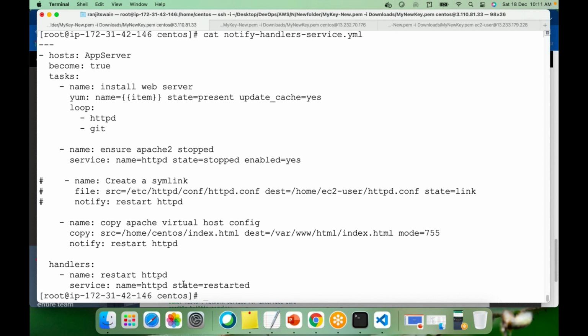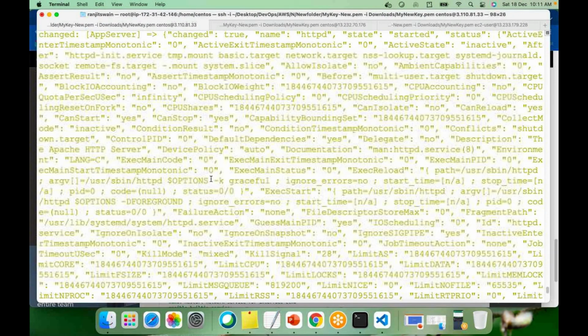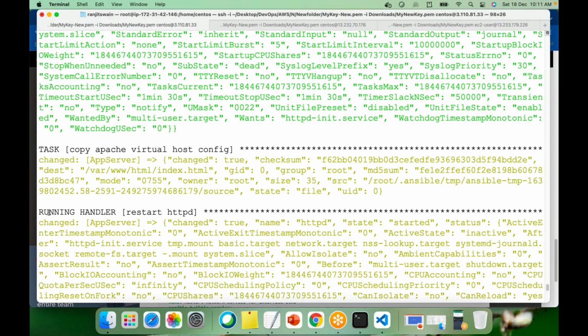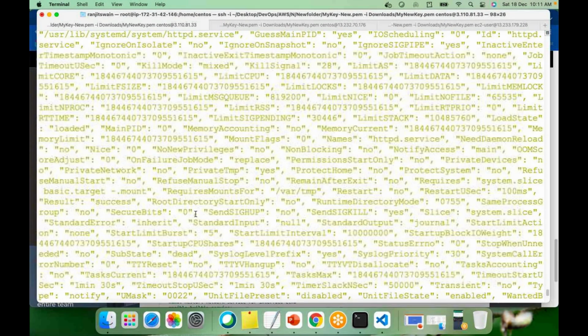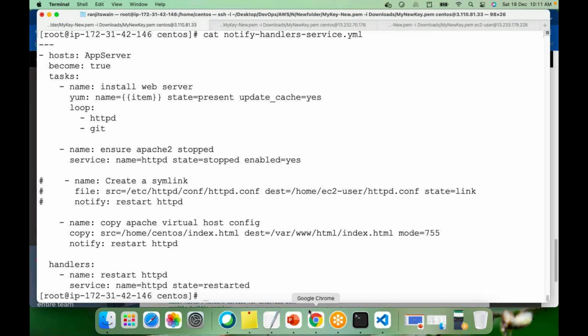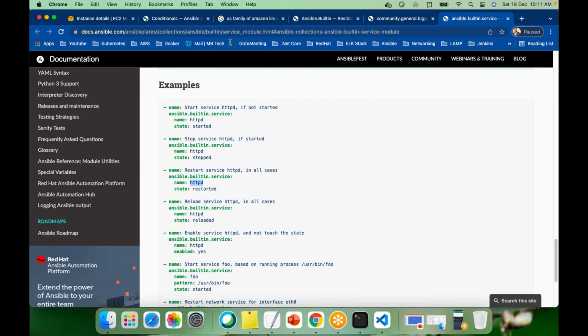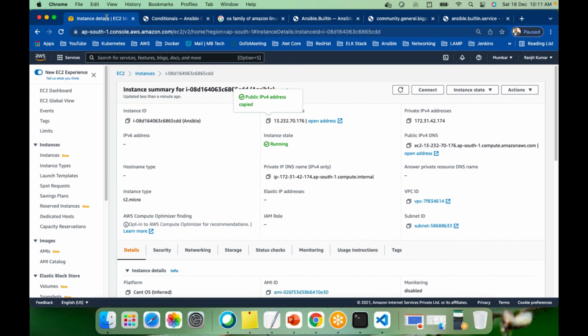So what happened, it restarted the service. If we see the logs here, it restarted, see, running handler. You can see here it is running the handler, will start HTTP. Okay, now if we go to the server, which server, we just get the server here, I think app